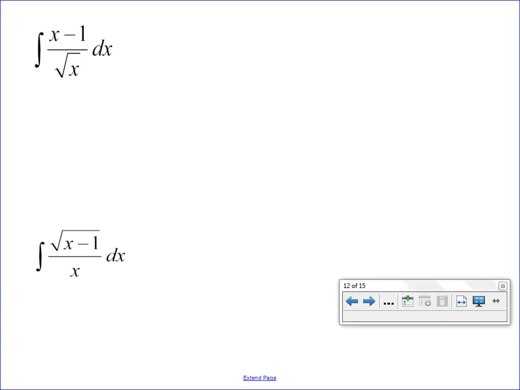No, I still have a sum or difference in the top, so I can still do a breakup. I can still do algebra for this and simplify using my exponent rules. And so I'll still break up and try. If I can't, or if it doesn't help, then I'll just consider U substitution. So let's see. This becomes the integral of x over root x minus 1 over root x